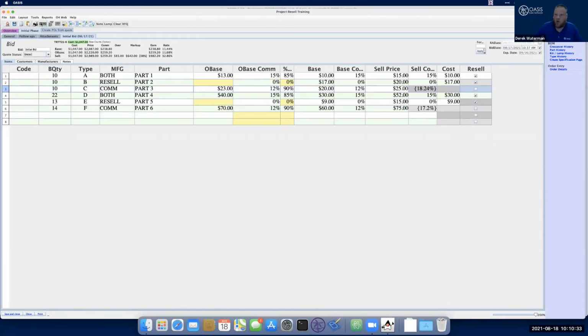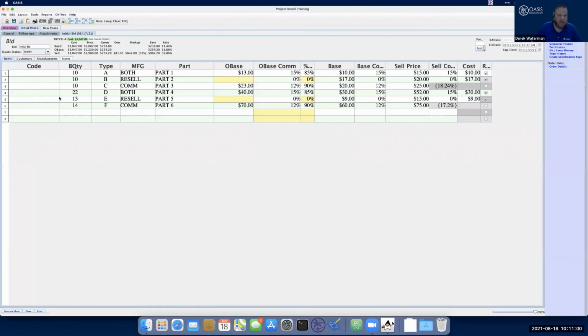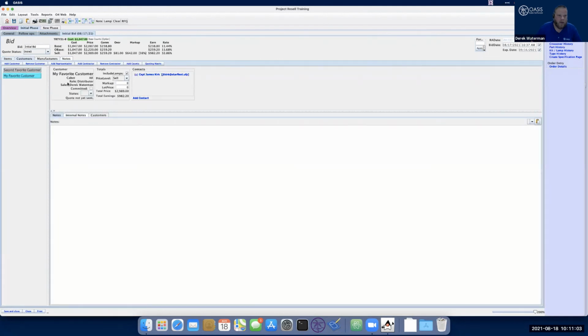So when you get done with quoting and you've won the quote and you're ready to flip it to an order, that's the big difference between commission and resell. Otherwise, it's kind of the same on the quoting side. These two checkboxes and then flipping to an order. So when you flip it to an order, you can use this button right here, create PO. It'll ask if you want to save it. And I forgot a step. Yep. I have to assume that somebody won. So I'm going to say that my favorite customer won. So now